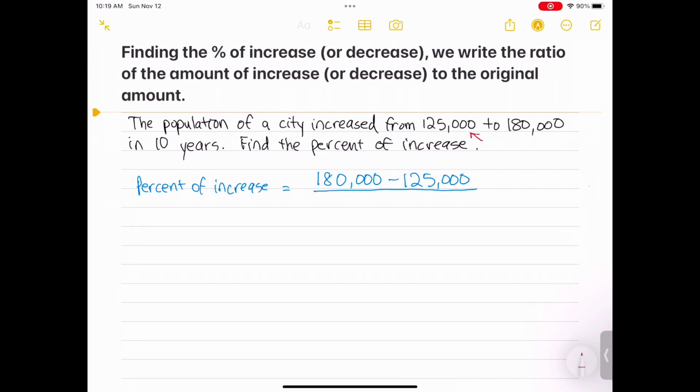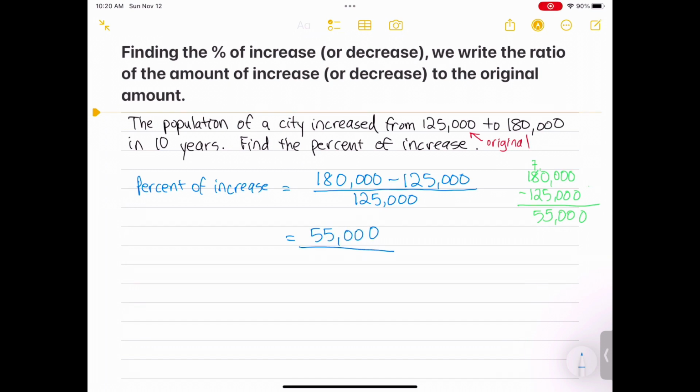180,000 minus 125,000 over the original number, which is 125,000. Now we do the subtraction problem, 180,000 minus 125,000 on the side. And it works out to be 55,000. Now we have the fraction simplified to be 55,000 over